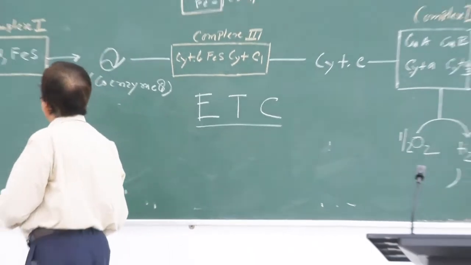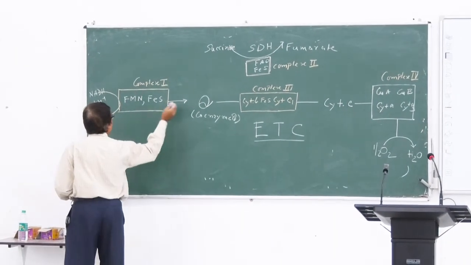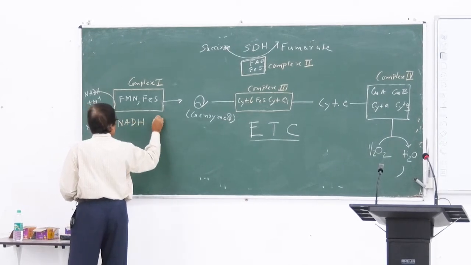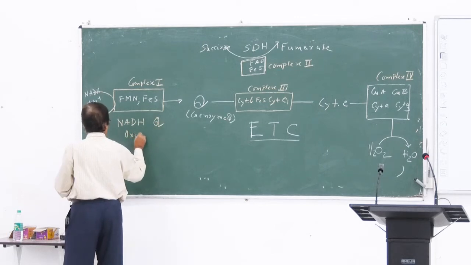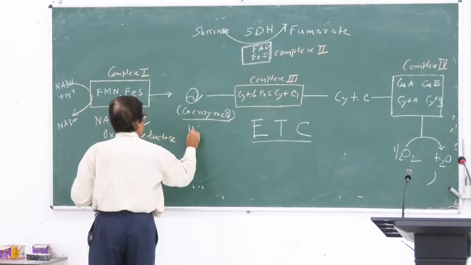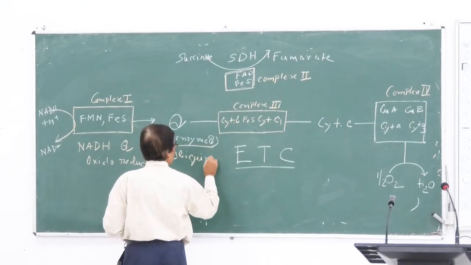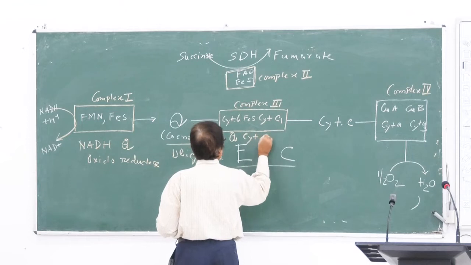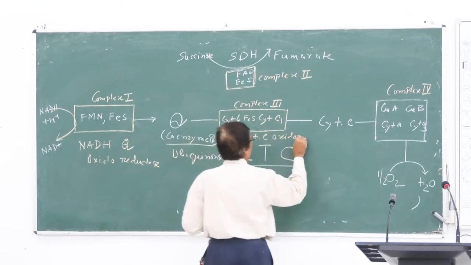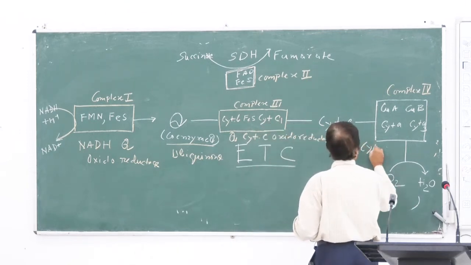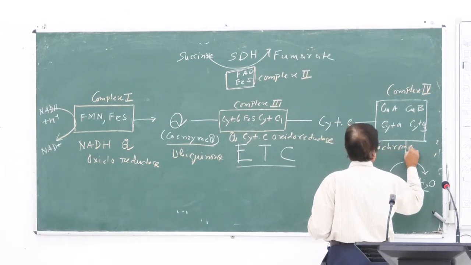Complex 1 কে আমরা কি বলি? Complex 1 কে আমরা বলি NADH থেকে Q এ যাচ্ছে, সেই জন্য NADH dehydrogenase বলি, আবার NADH-Q oxidoreductase। এটা কোএনজাইম Q আর ইউবিকুইনন। এইটাকে বলবো কিউ। cytochrome C, cytochrome oxidase।